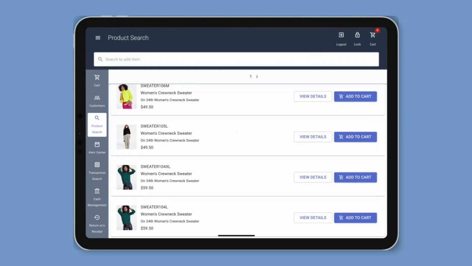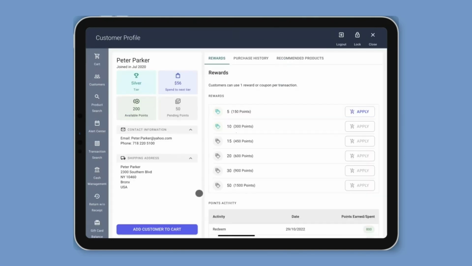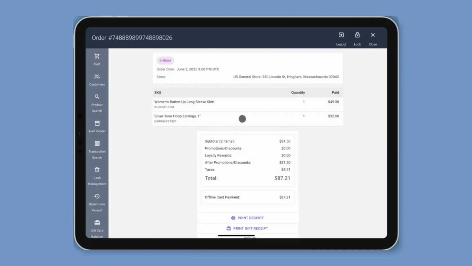Peter has a return, so the associate quickly accesses his client profile. Using the clienteling, I can view all his details in one place: his loyalty status, points balance, contact information, and even recommended products based on his shopping history. I can also see his past orders across all channels, whether they were made in-store or online. This gives me a complete view of his shopping behavior and preferences, allowing me to provide a more personalized and